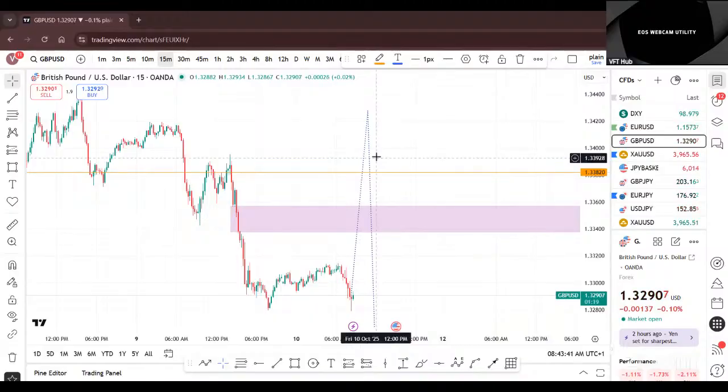Or if you have a different bias from what has been analyzed, please do well to type in the chat